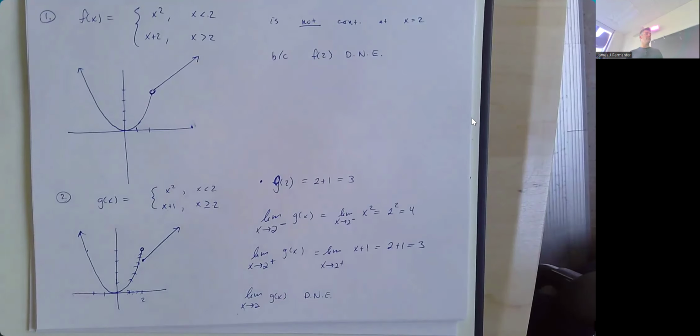So one way a function might be discontinuous is if the function doesn't exist at the point you're interested in. Another way a function might be discontinuous is that even if the function exists there, the limit might not exist. And a third way a function can be discontinuous is,